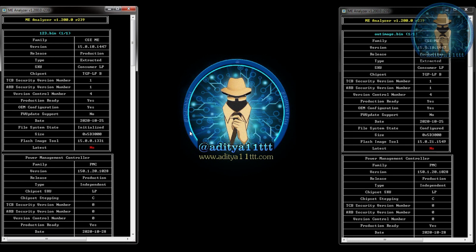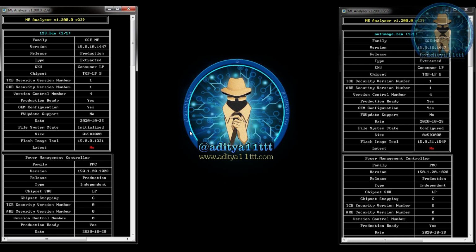The first thing first, keep the folder simple. If the path is not proper, your ME FITC tool will not be able to catch that file. If it is simple, it will catch in one single use. After that you have to follow the basic concepts of the ME cleaning. There is no rocket science in it, there is no complication. It is very easy to do the ME cleaning. You can do it very easily without any problem.